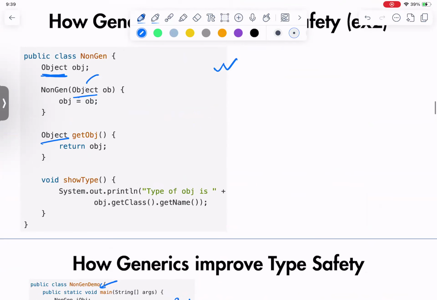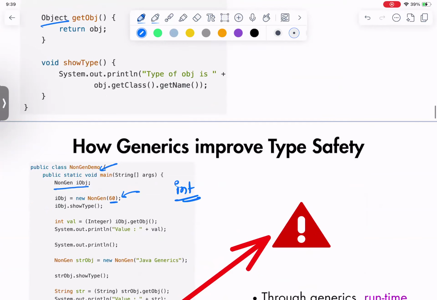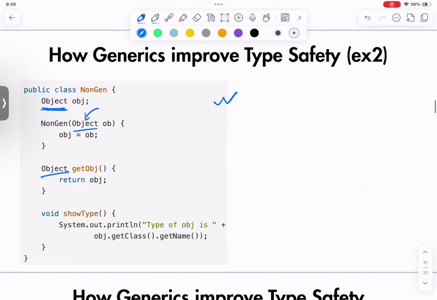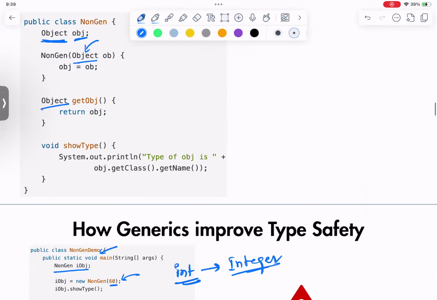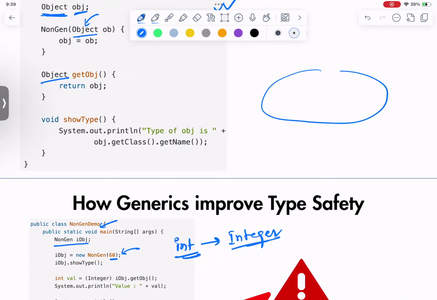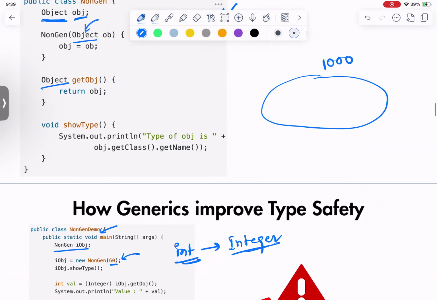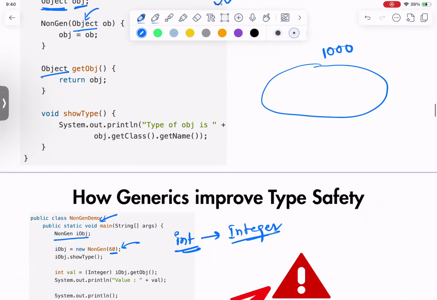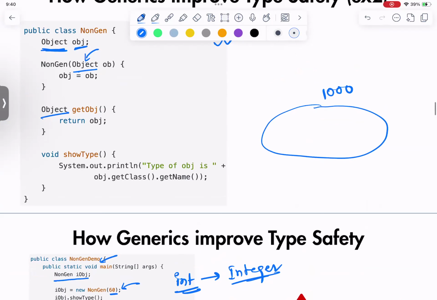Here the constructor's parameter declaration is of Object type. And again, here also autoboxing will happen. This int will get converted to Integer, and then the reference of this Integer will get stored here in the obj. I'll give you the example that I have: 1000. Whenever we do up to this, what will happen? We got a reference of